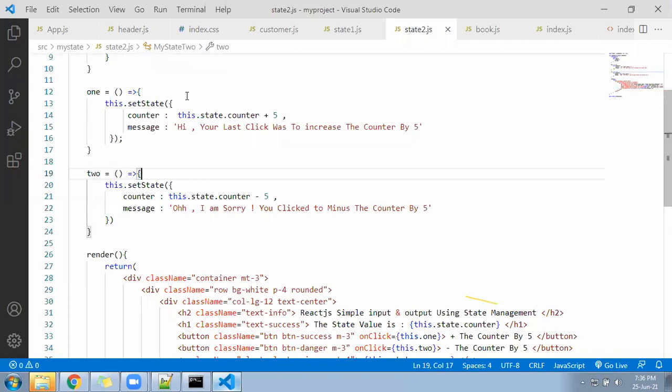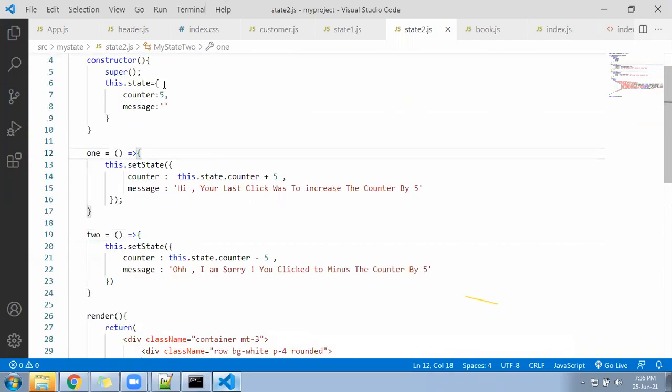See, it is nothing very difficult. The example is simple. You have a variable and that variable is stored somewhere. On click you are changing it. What is the extra concept? The concept is called setState. What does setState do? If you are updating the value of your state variable with the help of setState, your render will be called automatically, and whatever you change in the script will reflect in the browser with the help of render.